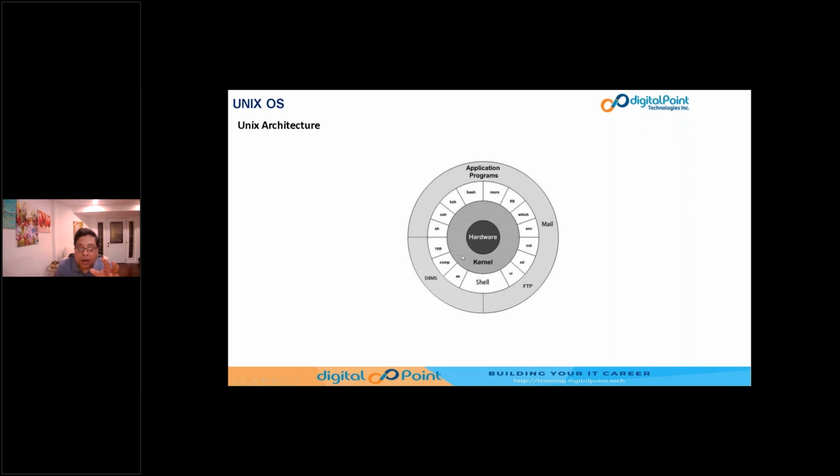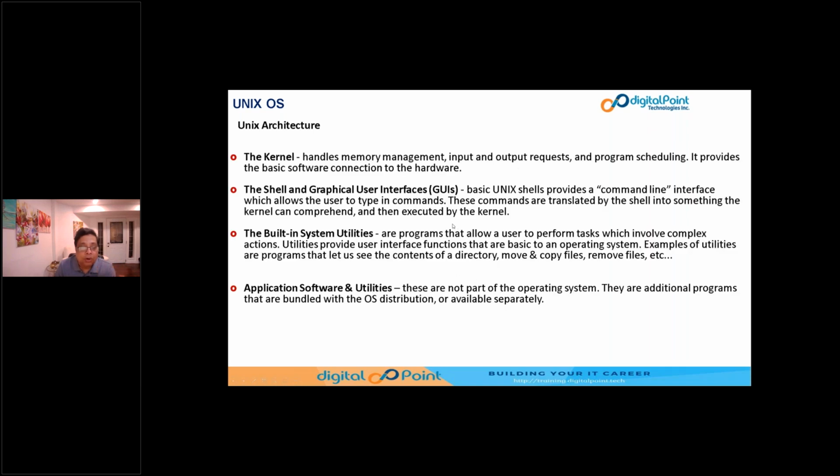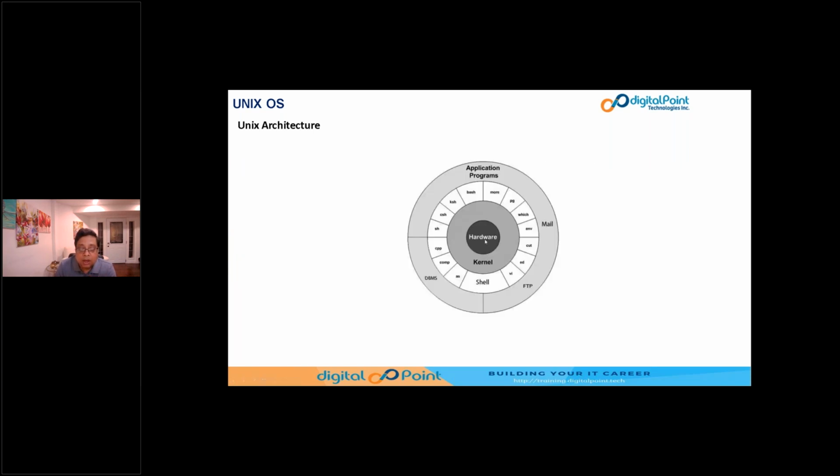And on top of the kernel, you see there are so many files here. These are all Unix commands. These actually control something like a GUI. So the user talks to this GUI. When we log into the Unix system, we actually log into the graphical user interface or command line interface to talk to the Unix system, right? So there are two layers. One layer controls the hardware, and that layer is called the kernel. Whenever you read my lecture or any books and it says it is a kernel layer,